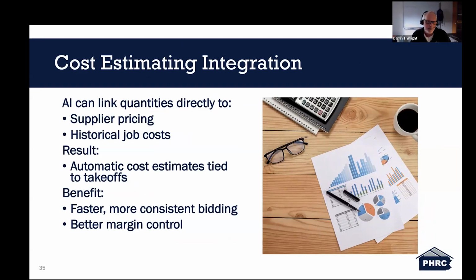And when I did my framing takeoff, I asked it to go onto the local big house builder website, which I think was Lowe's at that point, and it actually pulled lumber pricing off of there and inputted it into the spreadsheet as well. But you always want to double check that. And if you don't have access to that online, you're going to have to manually put that information in there.